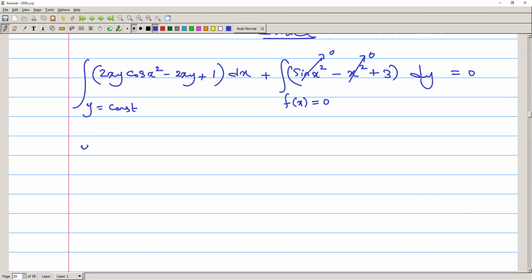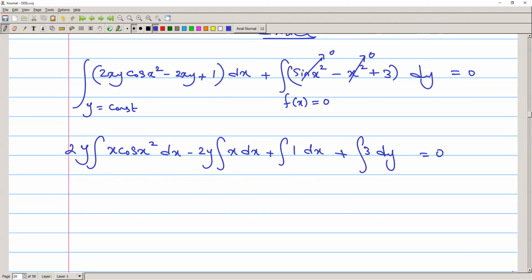So we can take 2y outside and it will be x cos x squared dx, and then for minus 2y again, we can integrate x dx, then plus 1 dx, and then plus 3 dy